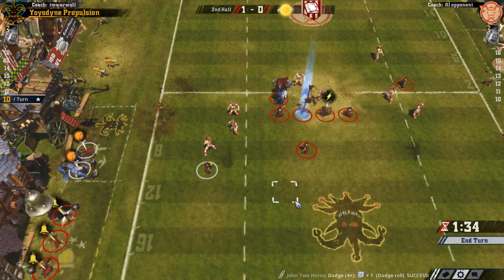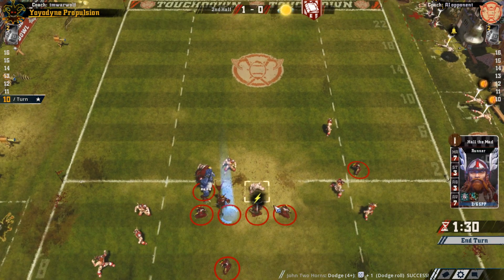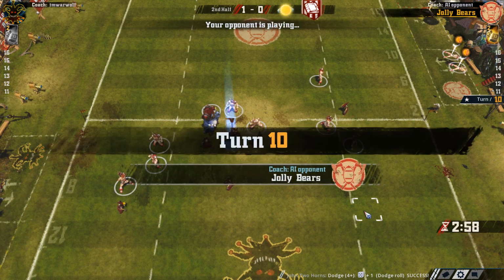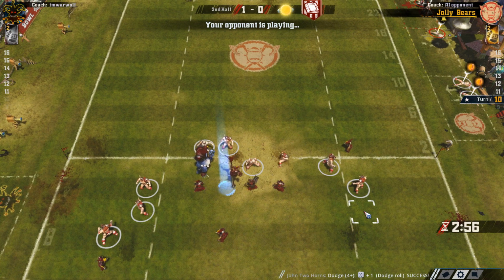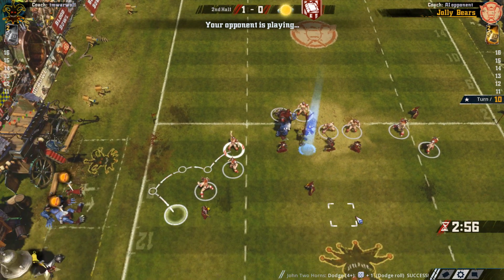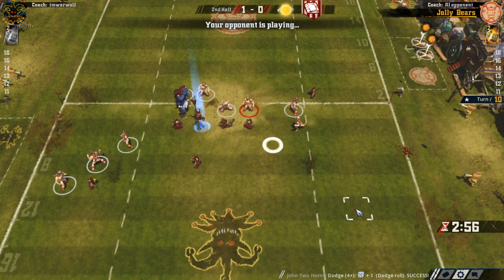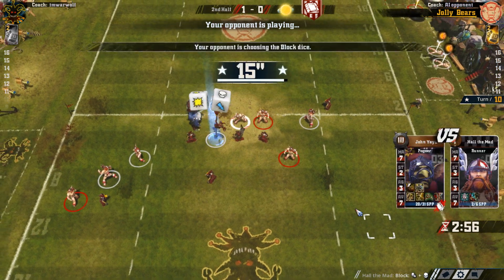Try to mark this player. Put some tackle zones around here. Still the ball is very... the ball is at risk. Let's see what the AI does. We do have the lead, so the onus is on the Norse to come at us. Attack the ball carrier and attempt to...